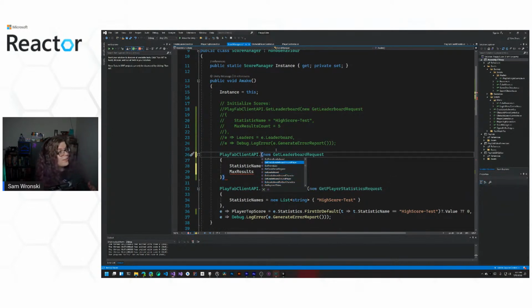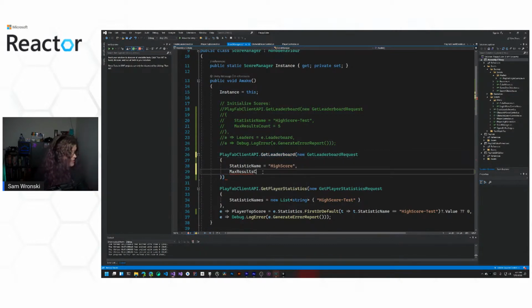You can also get friend leaderboards, and we're going to be doing that next week. We're going to be dealing with adding and accepting friend requests and looking at friend leaderboards next week. So that's coming up. We have get leaderboard that's going to find the top. The default is 10, and you can pull a maximum of 100 here. So you can pull up to 100 entries from this single API call.